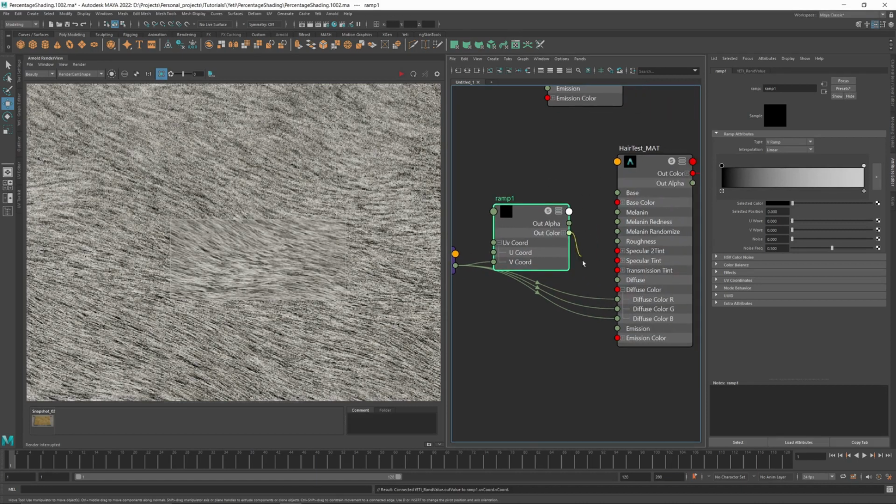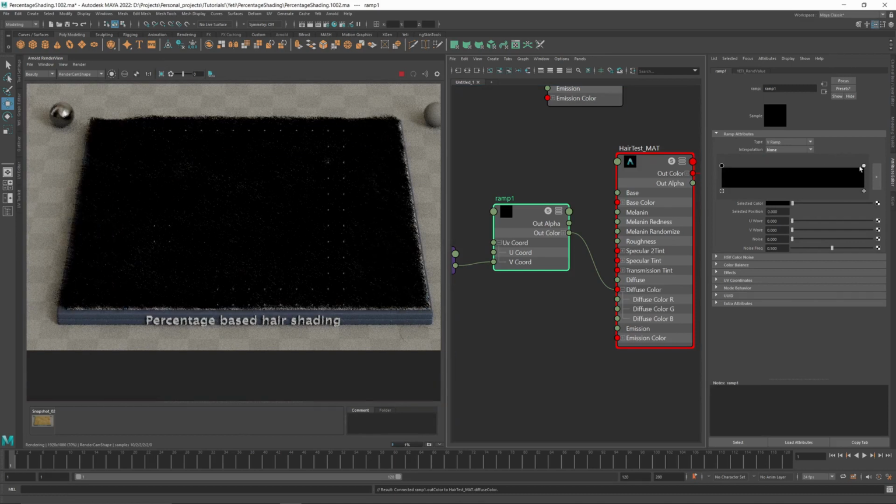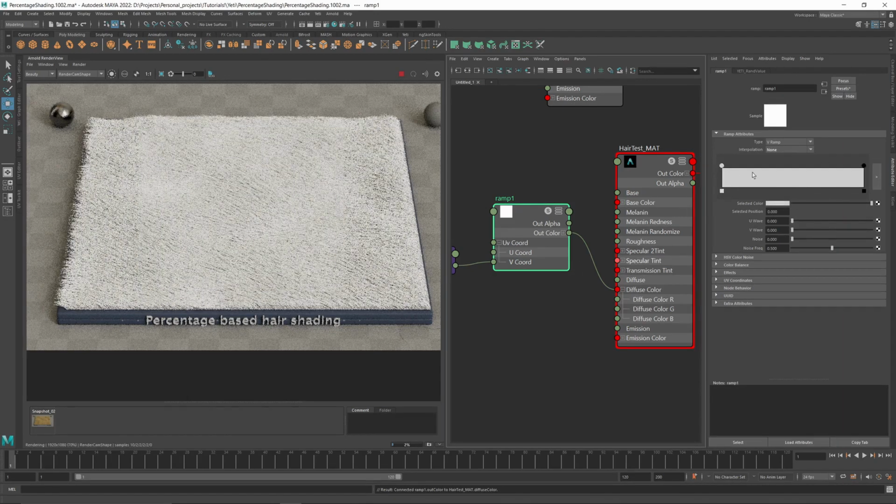So let's just plug that into color and start rendering again. Where this becomes helpful is if I set interpolation to none, we see it immediately goes black. If you look at this bar, it is now your percentage. So I'm going to actually invert these colors and set that to be white. So now the amount of this bar that is white is telling us how many of our hairs are going